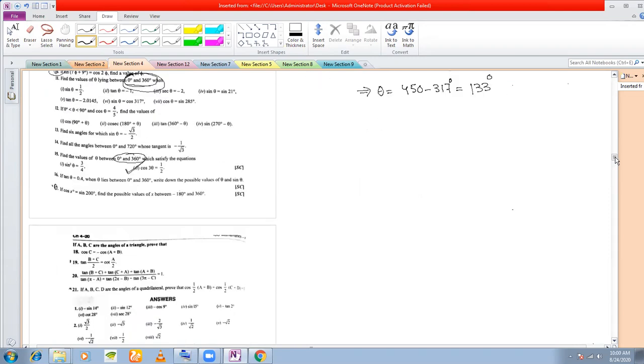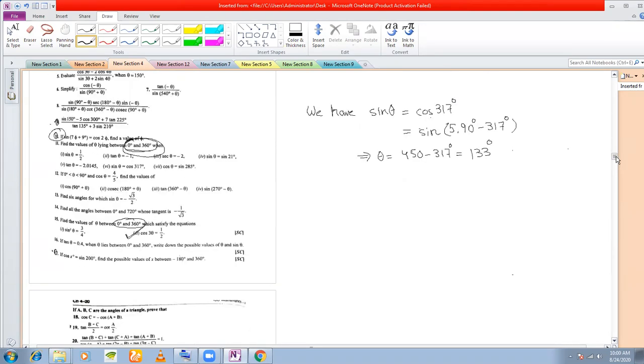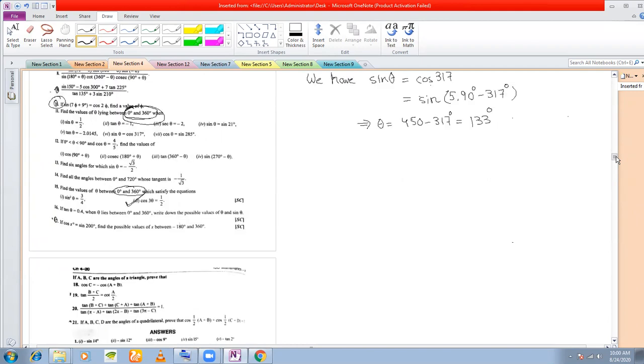Next question. I think the last question is a good one. Okay, because 16 is also an ISC question, but you will have to use tables for this. So no point using tables. We'll use standard angles only. We'll do number 17 rather.